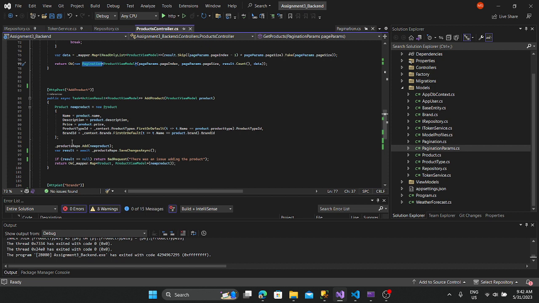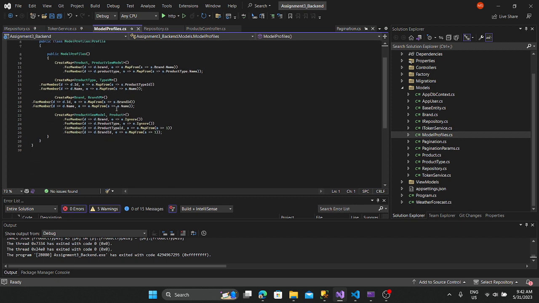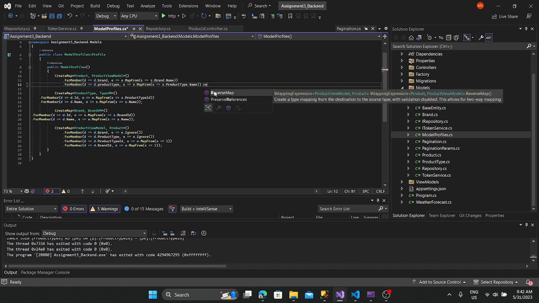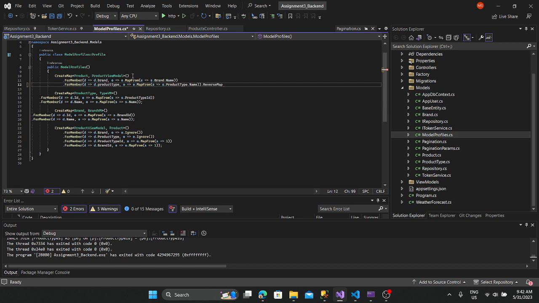Also, I couldn't use AutoMapper for this one because you also had to map these values, like actually bring in the ID. It was a bit difficult to do that in AutoMapper because if you go to my mapping profiles, why can't I see? Oh, yeah. I didn't do it from product view model to products. Usually you'll just press reverse map for that, but when I did that, it gave me a few issues. So I just left it and did it within the